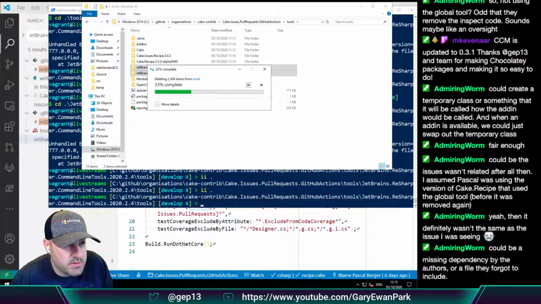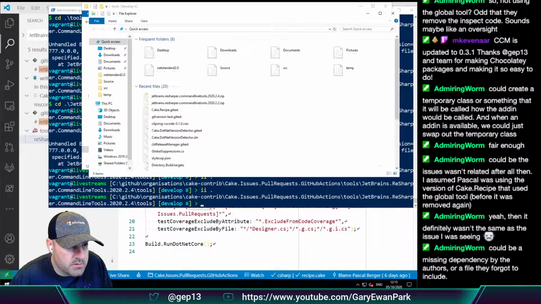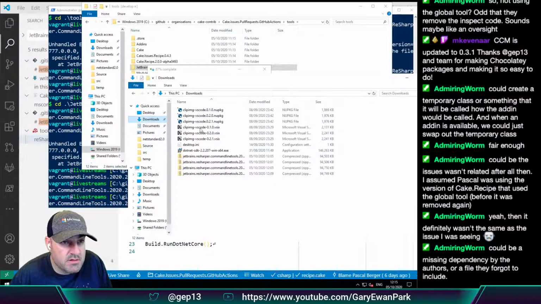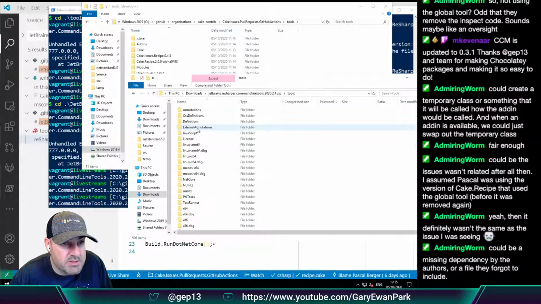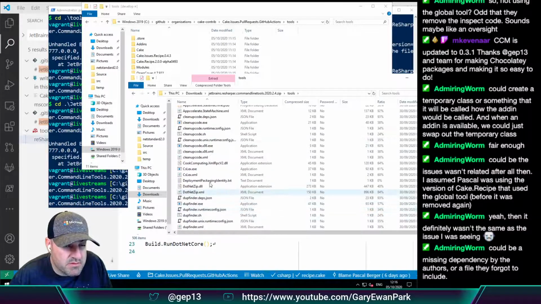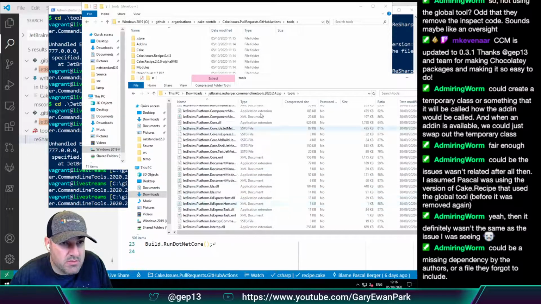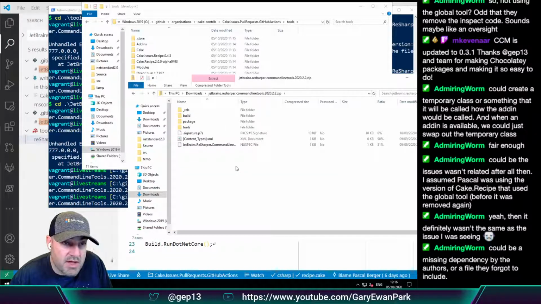Could be, because what I just downloaded in my downloads folder, I've just downloaded 2.4 JetBrains ReSharper command line tools, and in there, in the tools folder, I have a bunch of stuff, including dupefinder.exe and including inspectcode.exe. But if I go up to this, I don't have the